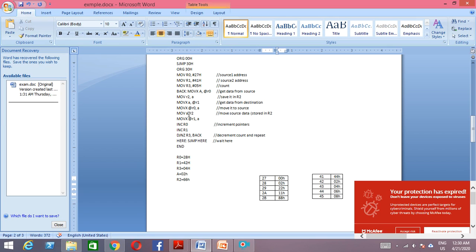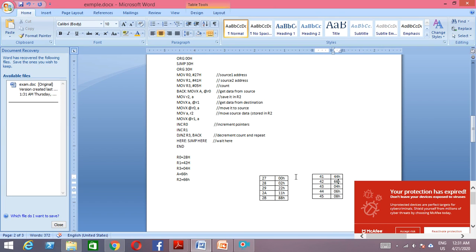Then after that, MOV A, R2. So R2 content is how much, you can see 66, that is loaded into accumulator. So you can see here 66H. So this accumulator content is loaded to @R1. @R1 in the sense this location. Okay, so @R1 content you can see 42. So it is pointing to this location. So here we are going to have the value 66.